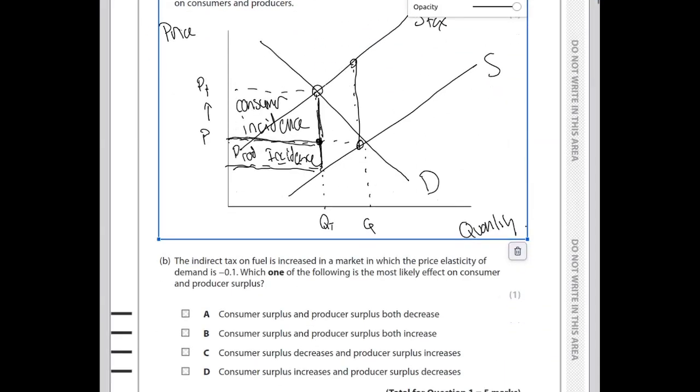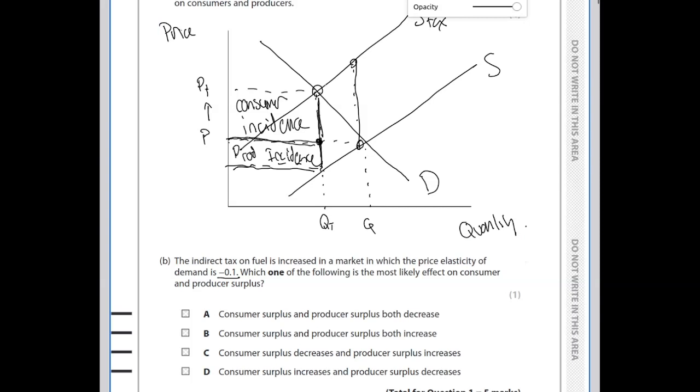Part B says the incidence on the tax fuel is increased in a market in which the price elasticity of demand is minus 0.1. Which one of the following is the most likely effect on consumer and producer surplus? And so we've got consumer and producer surplus both decrease, they both increase, and then you've got two options that are basically, one increases, the other decreases. The correct answer for this is going to be A,